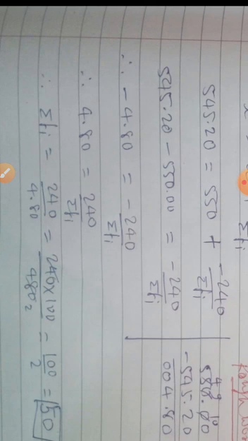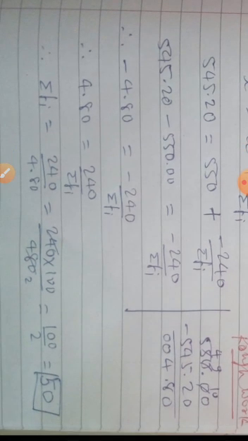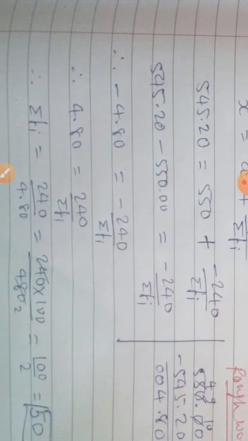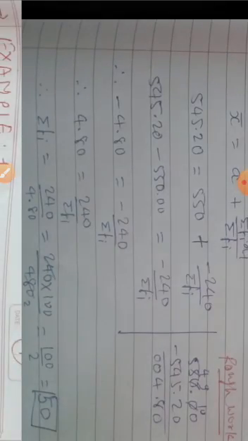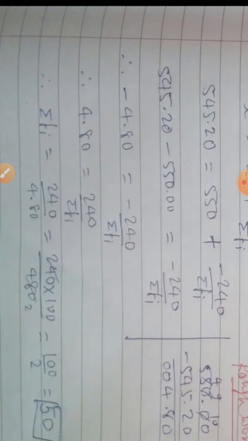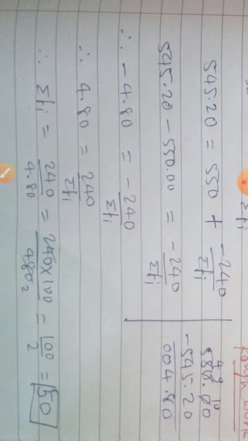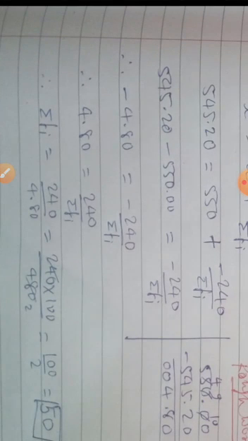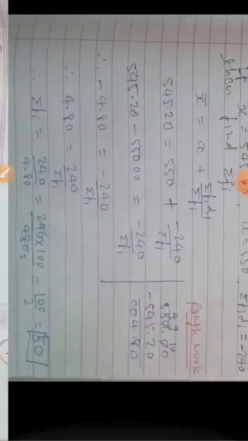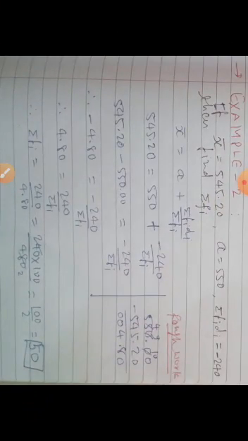So 240 into 480 gives 2, so 100 by 2 is left. So the answer is 50. Most students, I assume, have been solving these types of questions since upper primary level, so I don't think it will be new to you. But even then, if you have any difficulty, see it step by step carefully, and remember the rule of shifting. You have to remember what changes are taking place. So this is the method, also used in the second example.